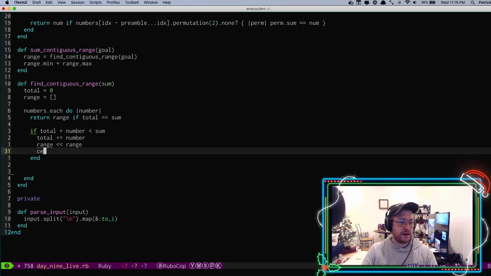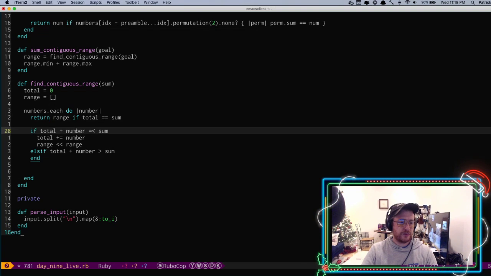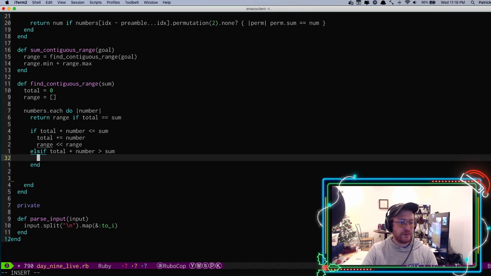Otherwise, maybe else if total plus number is greater than the sum, and actually, what I can do here is do less than or equal to, right? Because that's also safe. If it's greater than the sum, then what am I going to do? Well, this is where it starts to get hairy, because really what you want to do is loop here, because